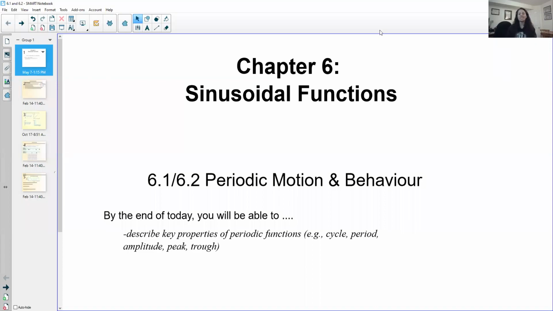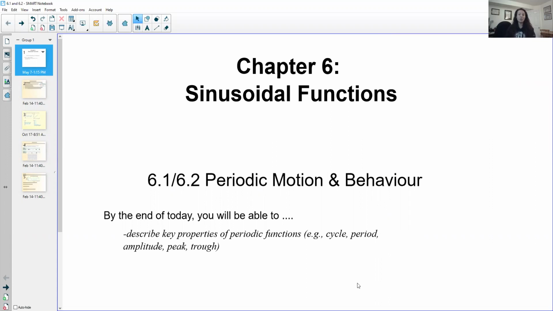Hi everyone, welcome to chapter 6. We're going to be looking at sinusoidal functions this particular chapter. So what we're doing is we're taking your trig functions or your trig ratio of sine, and we are going to be graphing them. Before we can get into any of the actual trigonometry graphs, we're going to have to